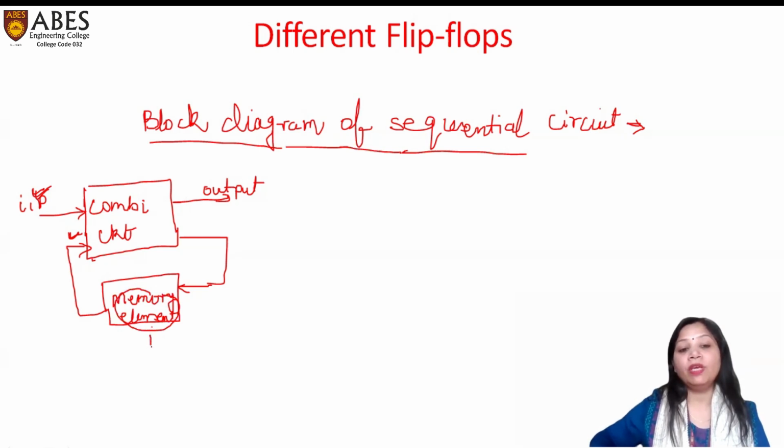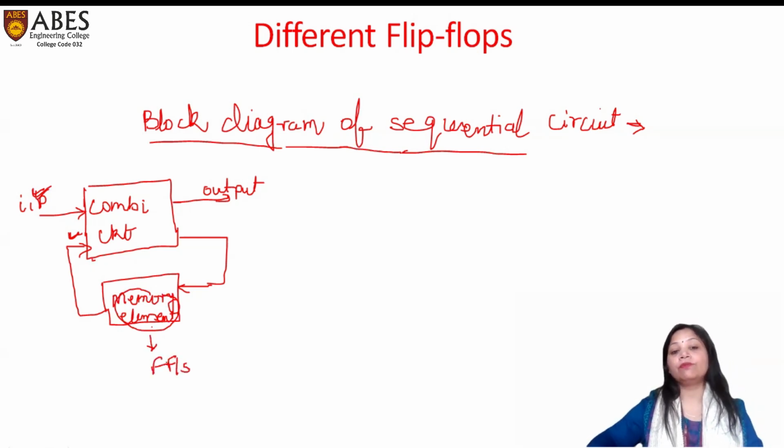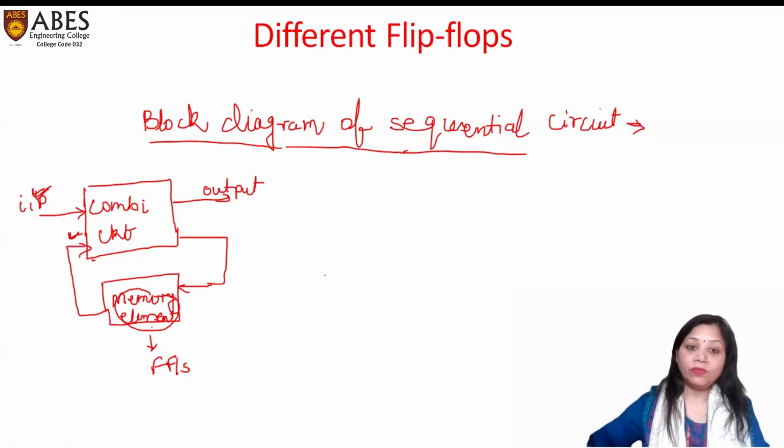So here we have different types of flip-flops. Before we start the flip-flops, we have to know the latches. What do you mean by latches? So latches work on the